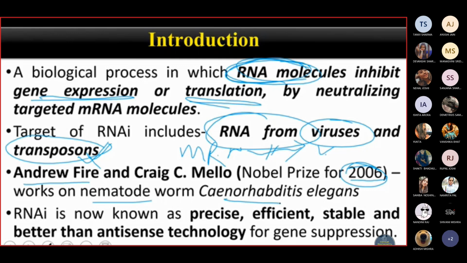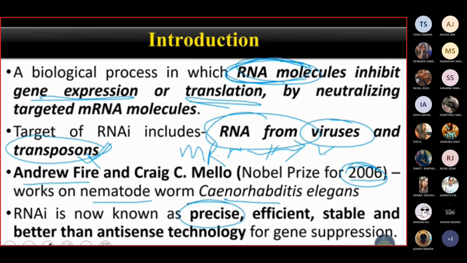This RNA interference process, we are using in a number of places: as protein synthesis, gene regulation, for some kind of disease treatment, vaccine development. We are using RNA interference in a number of processes. The reason we use this process in so many places is its nature: complementary binding will be there, so it will bind only to the place where we want.